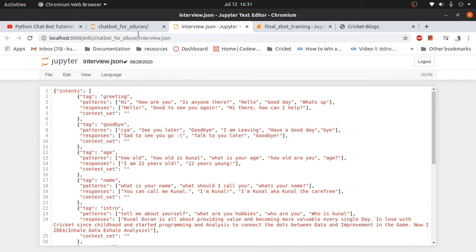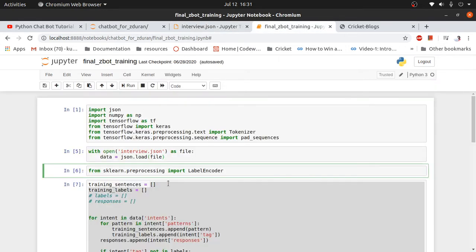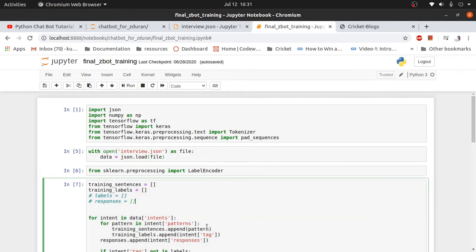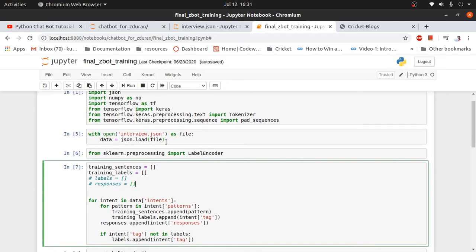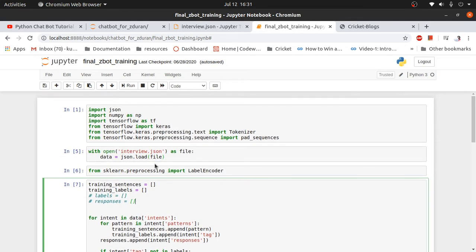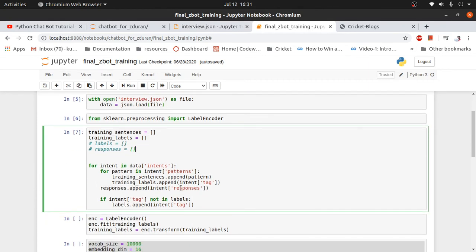Okay, so now let's see what is in our script. From this file we extract some things. First of all, we load it with the help of the JSON library. We loaded this data into a data variable, and then by looping through it we extracted training sentences and labels.